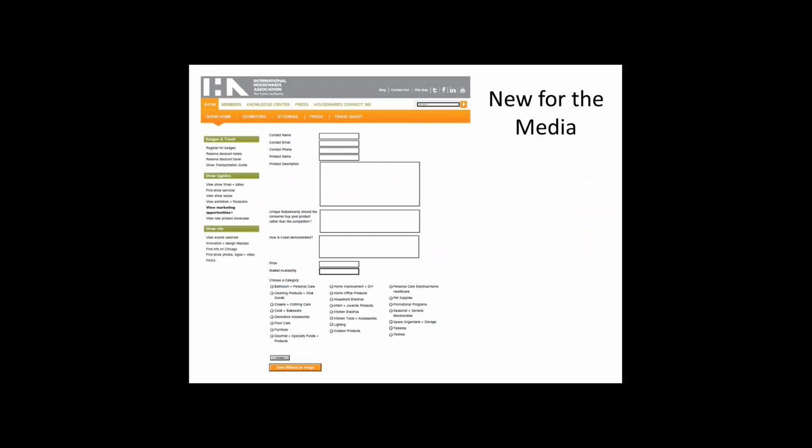But this is the page. If you access it at either point, through the Marketing Kit or through HC365, New Products for the Media, it's going to take you to a page that looks like this. You'll put in your contact name, your company information, your product information, and you're able to select a category for it, and you're able to upload an image. There's no minimum or maximum on this. You can upload as many new product images as your heart desires,